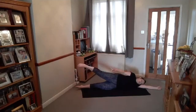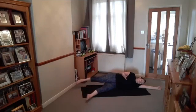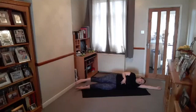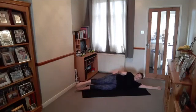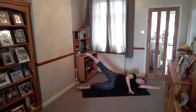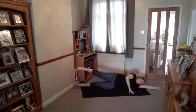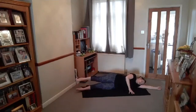No set height to the lift, as far as you're comfortable. No set distance to the kick, as far as you are comfortable. Keeping that body lengthened all the time. Zip up through the centre of the body. Breathe out to raise without rolling. Breathe in to lower. Breathe out to kick. Breathe in to return. So with your side kick, your side raise, I'm going to ask you please for one